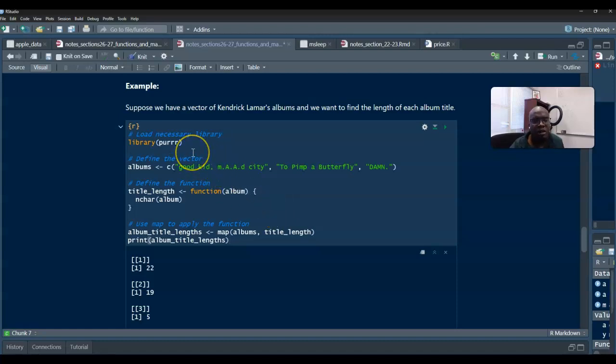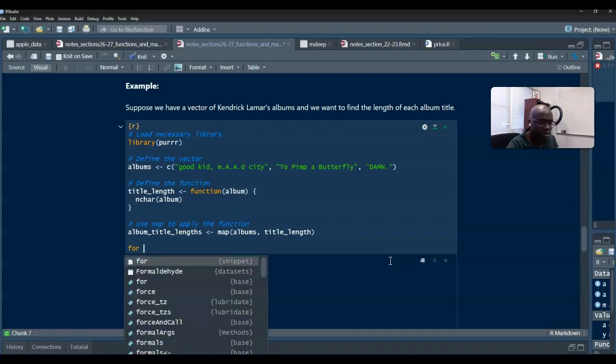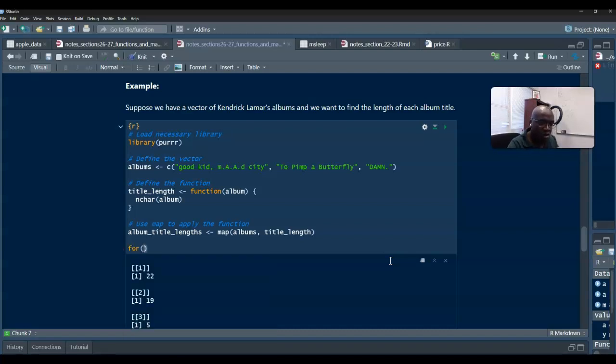And come to find out, purrr is a package within tidyverse. So you don't necessarily have to even focus on that. So at least we can count damn, and damn has 5, so at least we know that's kind of correct. The thing is, this avoids us from actually having to write a for loop. So we would have to do for i in 1 to,